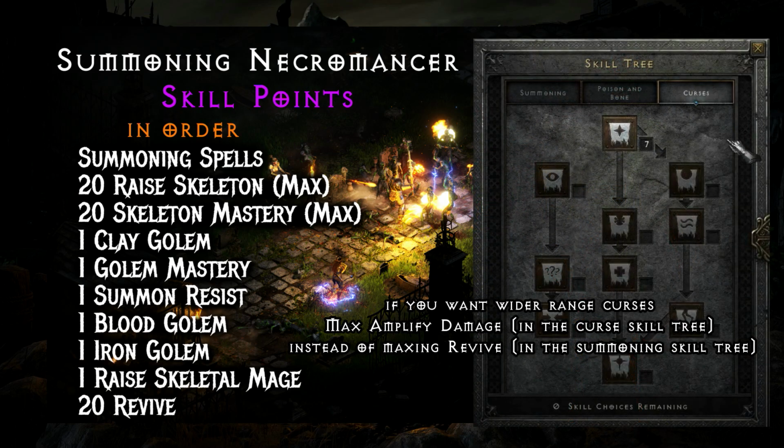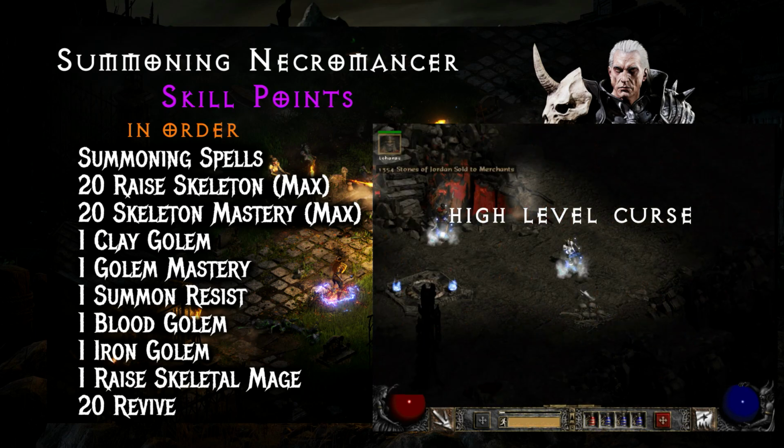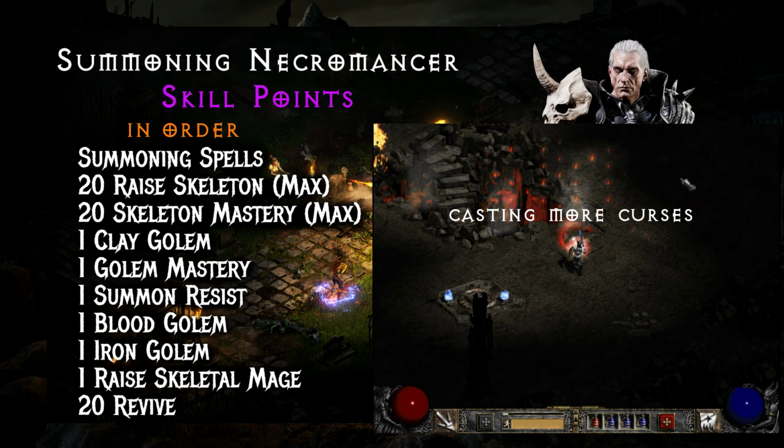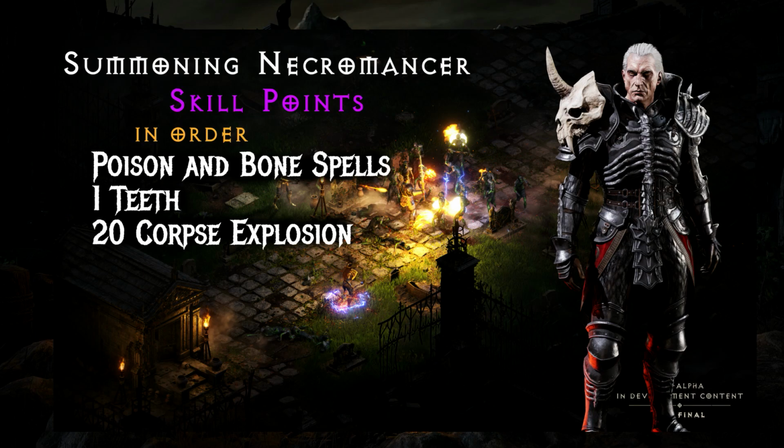When you put points into Curses, it really doesn't increase the effectiveness of the curse very much, but it does increase the radius of the curse. But for me personally, instead of investing more points into curses, I just cast more curses, so it has a more area effect damage. Moving on to the Poison and Bone spells skill tree, I put 1 point into Teeth